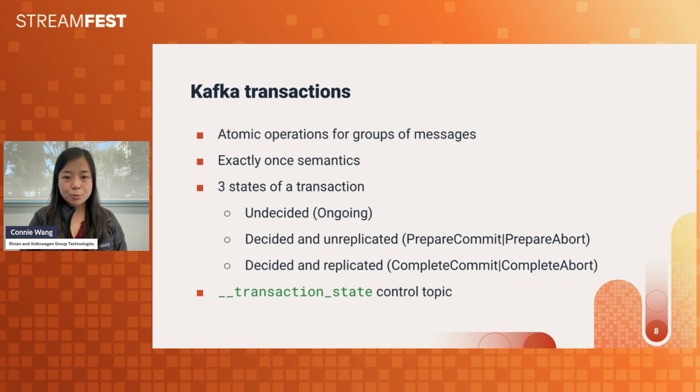Every time some data is written to a new partition inside a transaction, the ongoing state is updated to include the list of involved partitions. When the transaction completes, we have the prepare commit or prepare abort state change. And then once the control record is written to each involved partition in the transaction, we'll have complete commit or